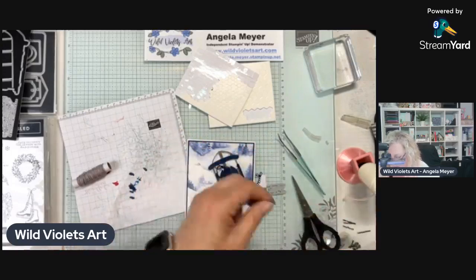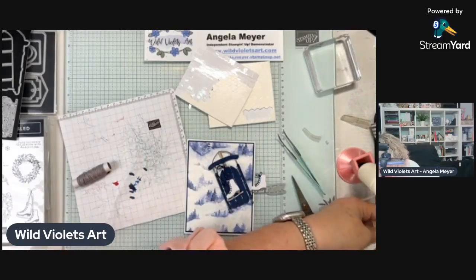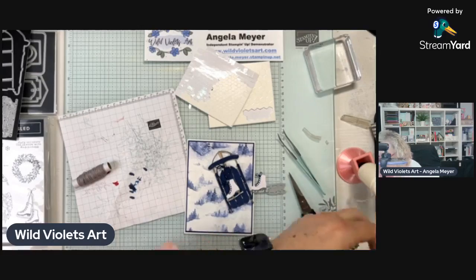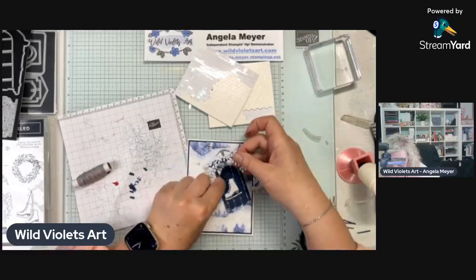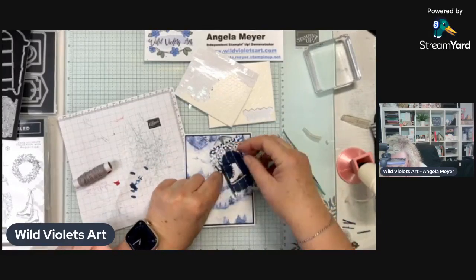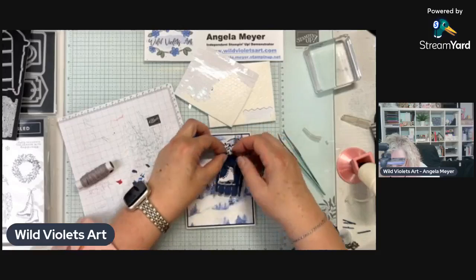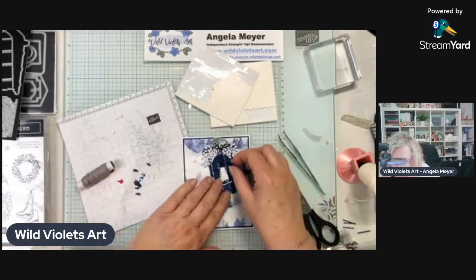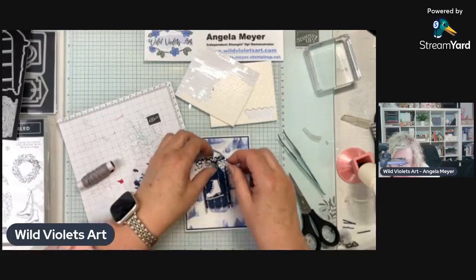And then I'm adding a glue dot to this so I can stabilize it. And I'm adding 2 glue dots because that seems to help things to stabilize. And I'm adding it here. And then I've got a glue dot for my little bow. And now I have another tail to my